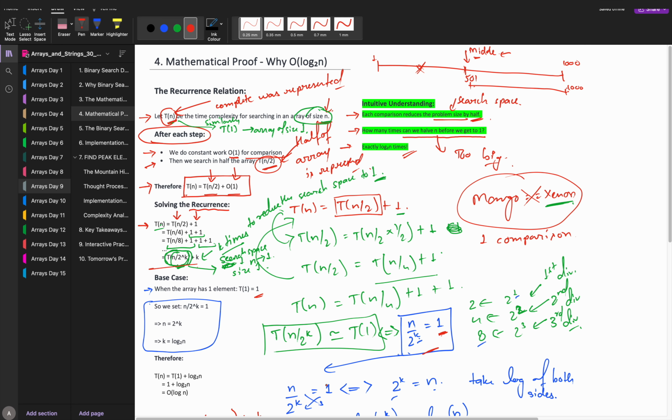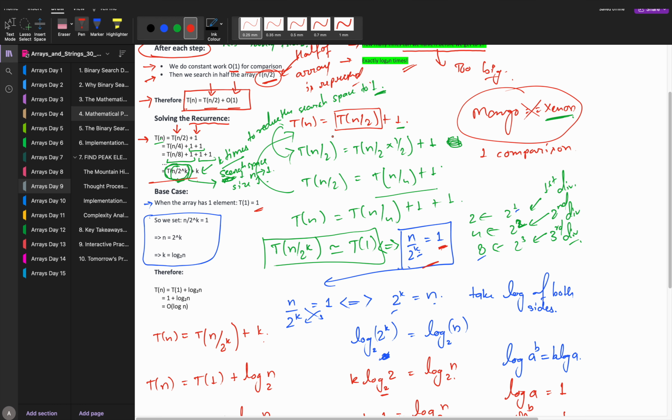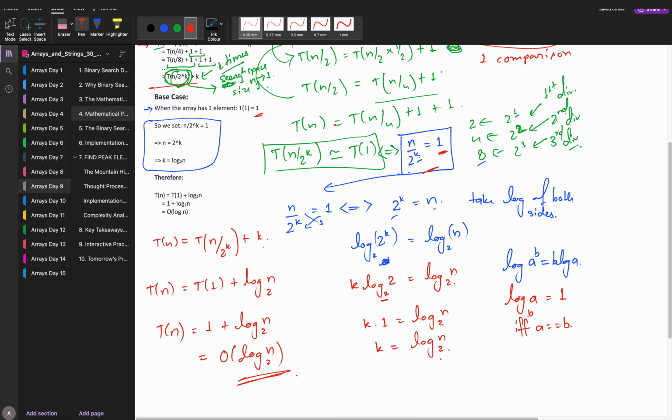I hope this is working for you. How we got to this point, that is, how long does this approach take? This approach takes order of log of n to the base 2 time. You can take a snapshot also and we can move further. You can take 10 seconds. If you have any question, you can write in the comment. Then we'll move further. No questions? Okay, good. Great. It's basic math, don't panic. You only need to remember these two formulas. And also what happens when you take log of both sides, you need to remember that.